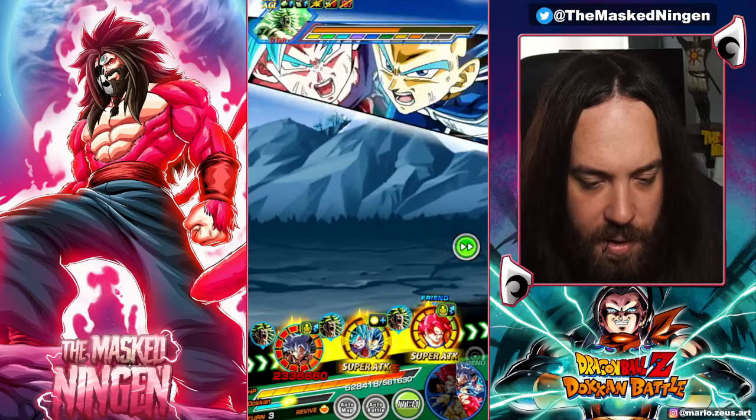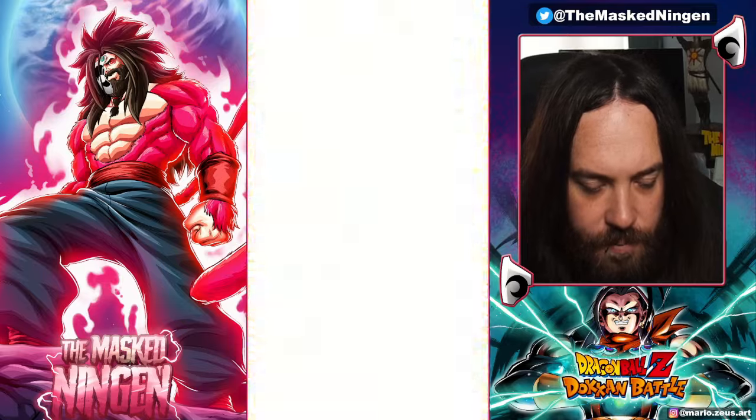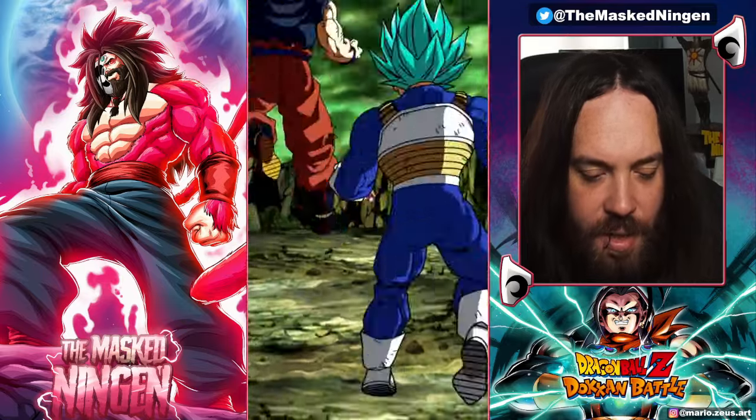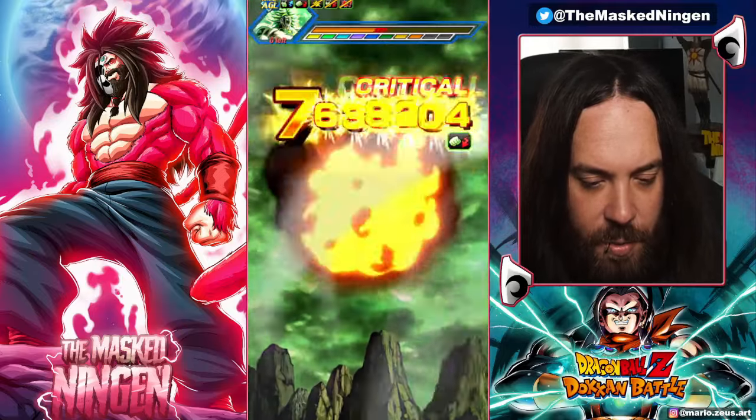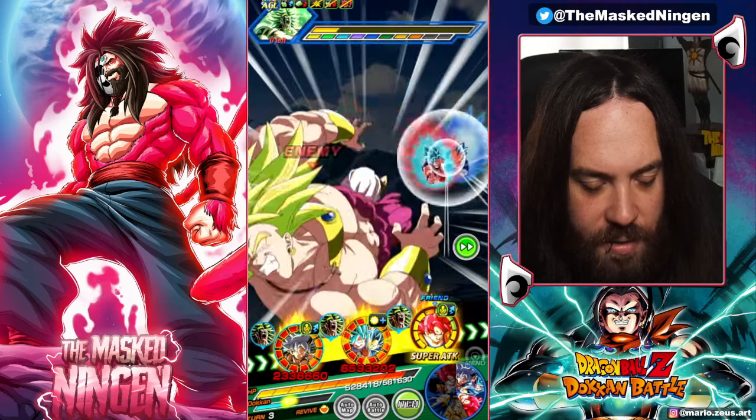And then, of course, we have Paragus on the team, so all this attack lowering plus Paragus lowering by 75%. It just completely lowers this guy's attack to almost nothing. So,